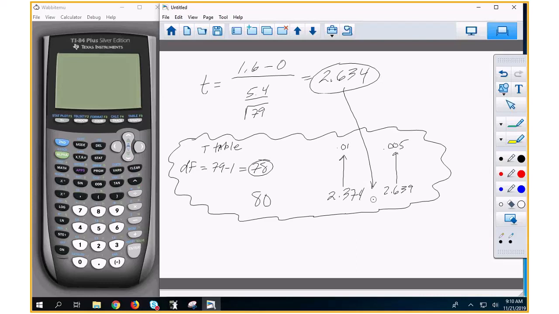So, our p-value is between 0.01 and 0.05. Oh, 0.005, I'm sorry. Our p-value is between 0.005, which is 1 cent. I'm going to change that and write it in blue: 0.01, because that's 1 cent.